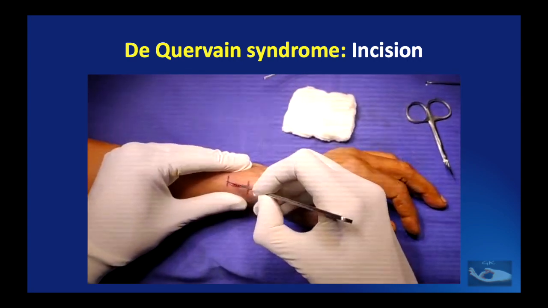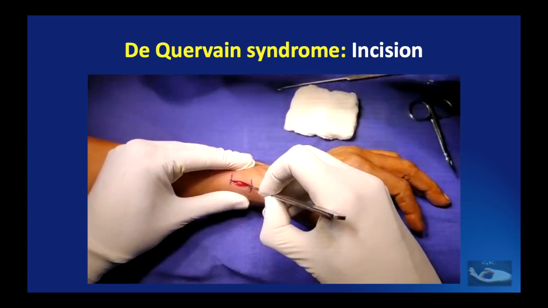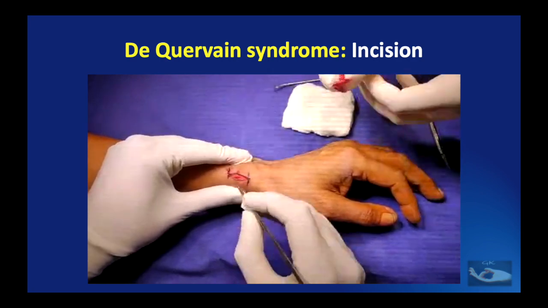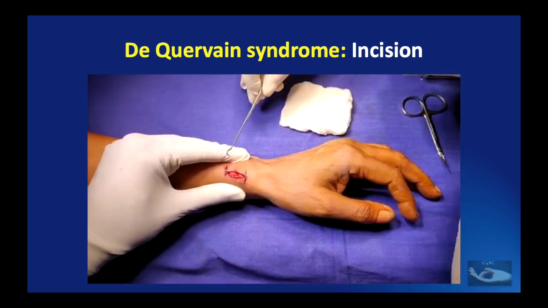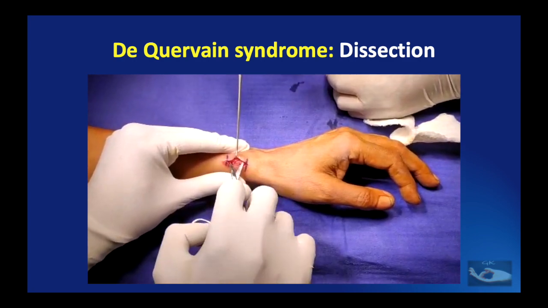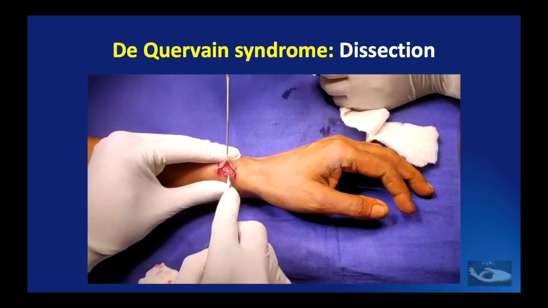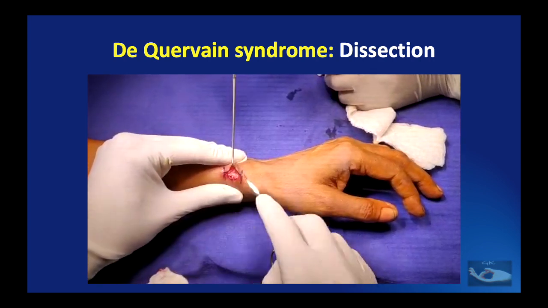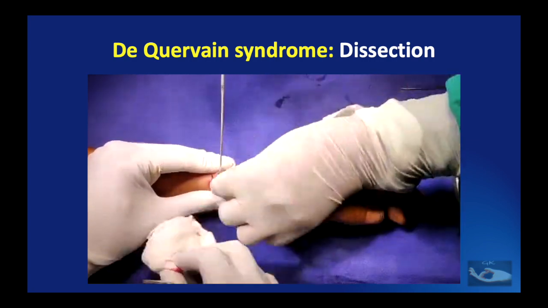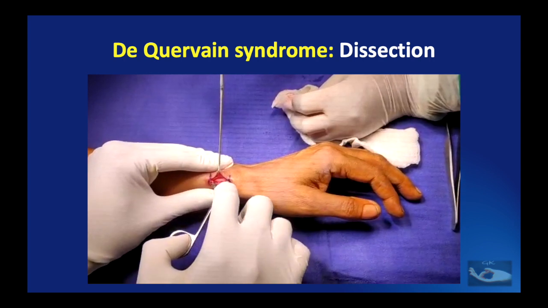The incision is made through the skin and subcutaneous tissue, and while doing this, skin traction must be applied on the flexor aspect and the extensor aspect of the lower part of the wrist to stretch the skin for ease of incision. Once the incision has been made, dissection must be done in the longitudinal direction using a blunt scissors to expose the first dorsal compartment, and care must be taken to avoid injury to the superficial branch of the radial nerve.